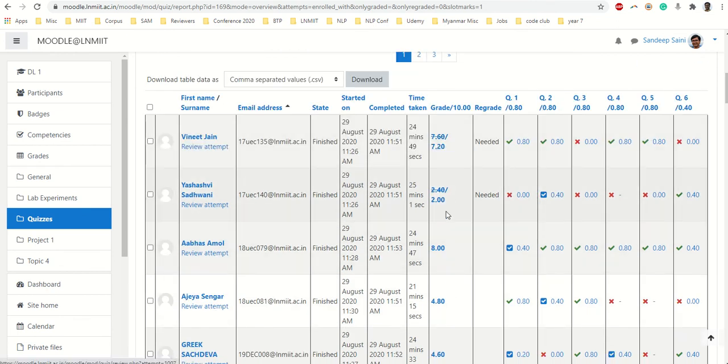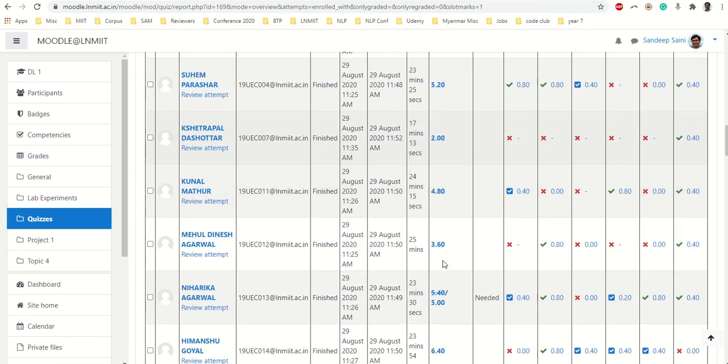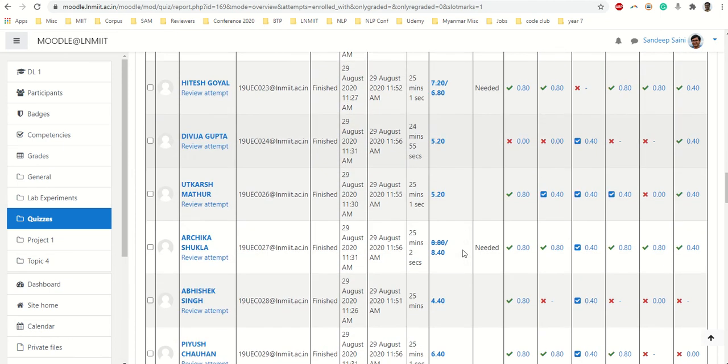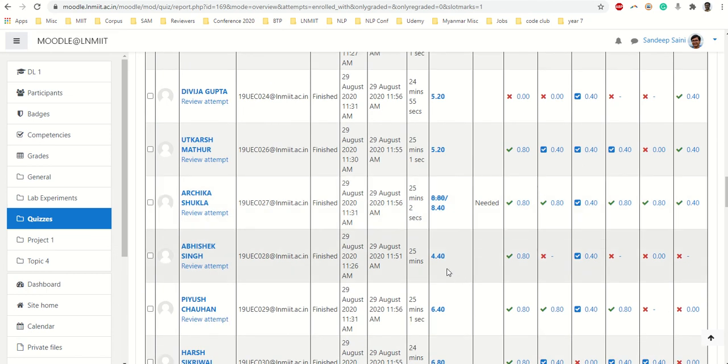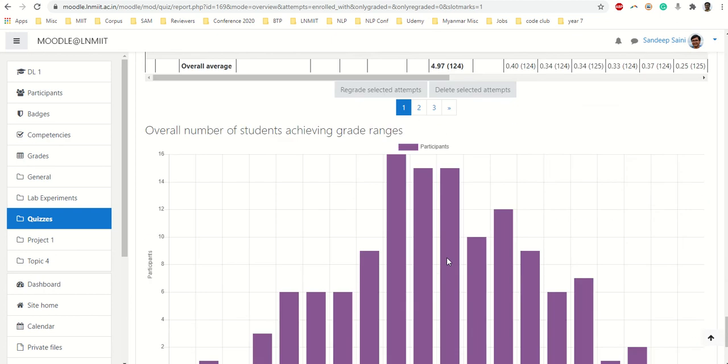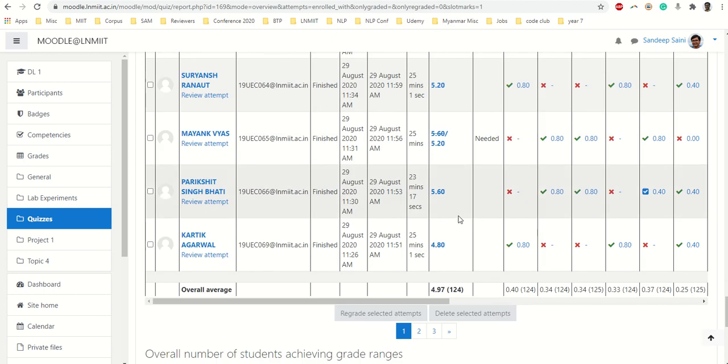And not only for this student, for all the students who had this question, this is a quiz which had a random pool of questions, and some of the questions were given to the students. So all the corrections are done. Whoever is attempting that question, the correction is done. So the same thing can be done.